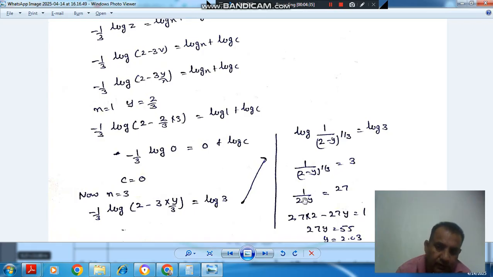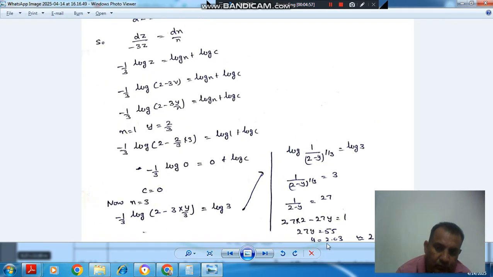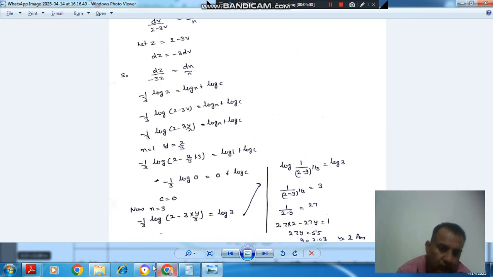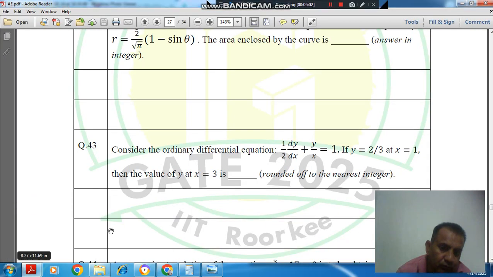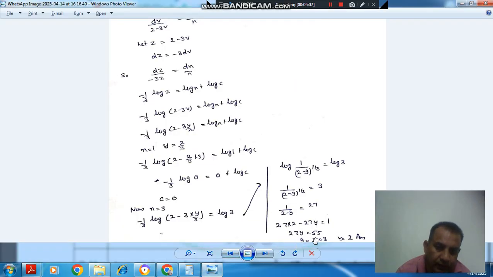Taking cube on both sides, it will be 1/(2 - y) = 27, or cross multiplying will give 27 into 2 minus 27y, or 27y will be equal to 55, which gives approximately y equal to 2.03. As we have to answer in an integer rounded up to the nearest integer, the nearest integer is 2, because we are getting a value approximately 2.03, so the nearest integer is 2, so the answer is